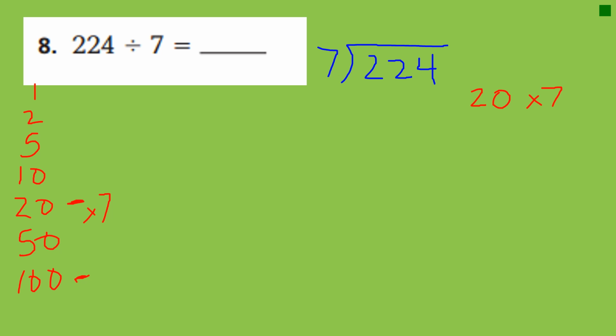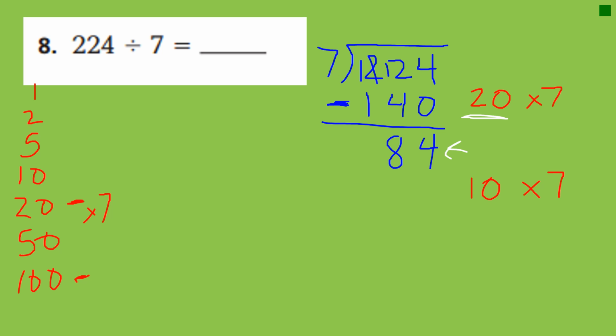And that is $140 I'm giving away, subtracting, right? Let's see how much money I have left. 4 minus 0 is 4. 2 minus 4, regroup, regroup, regroup. 12 minus 4 is 8, and 1 minus 1 is nothing. Okay, so here's my first partial quotient, 20. Everybody has $20 right now. How much do I have left? $84. Okay, now I know that 70 is very close to 84, so I'm going to give each of my friends